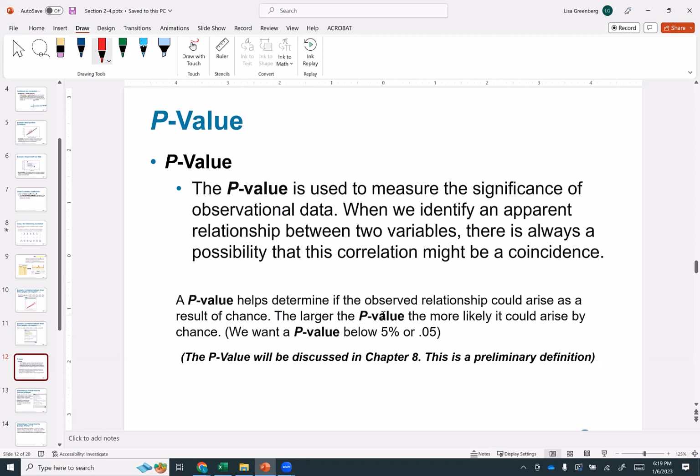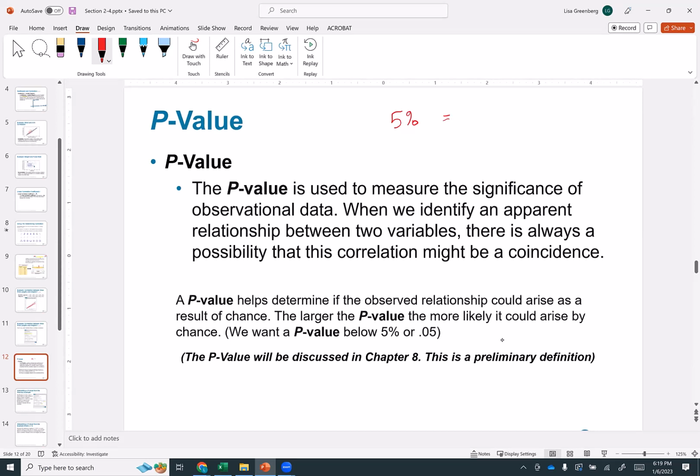The larger the p-value, the more likely it could arise by chance. To be sure that we're using data that actually is real and makes a difference and is not just happening by chance, we want the p-value to be below 5%, which is the same as 0.05. If you have a percent and you want to go to a decimal value,